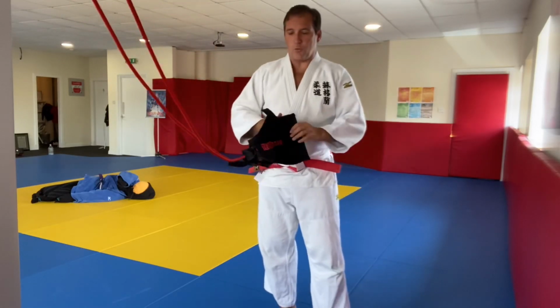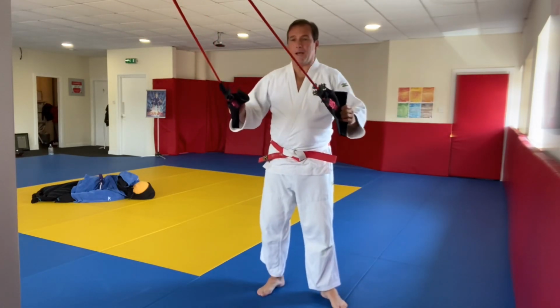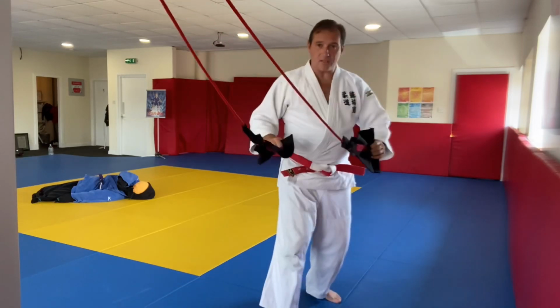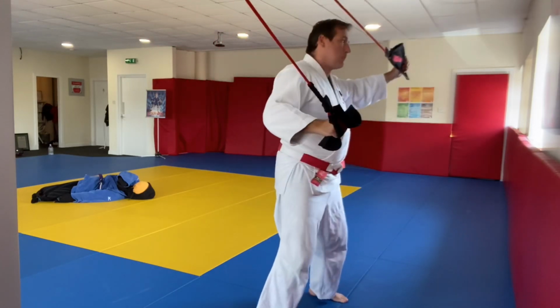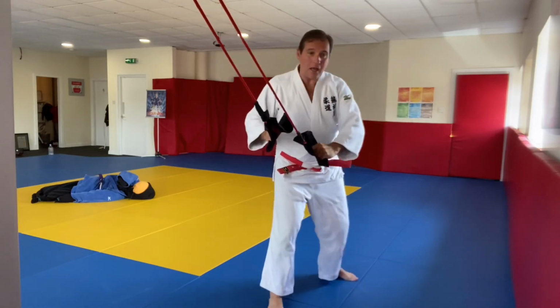Okay, right, so we're going to be using these Uchikomi bands. And again, we're looking at the arm movement as well, okay? Again, we're still doing our steps, but we'll go back to the first part we moved here. We're leg forward, okay, and we're going to be doing it pulling hard here. So get the tension on the bands to start with, and we'll be pulling high,